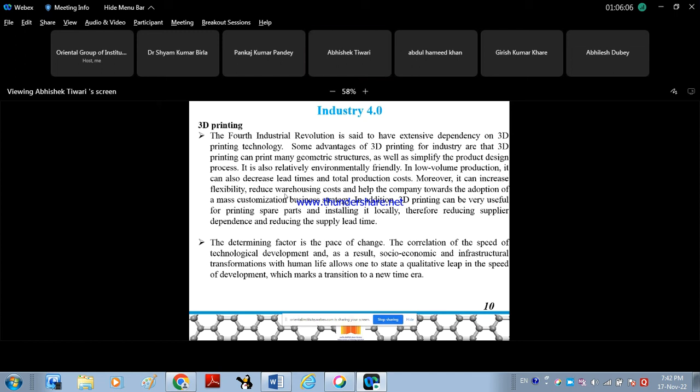In addition, 3D printing can be very useful for printing spare parts and installing them locally, therefore reducing supply dependence and reducing the supply lead time. So it's a very important technology, and we can print on demand also, because it is for a small component. Generally, at the moment we are not operating for large components, but this is a future direction, because in